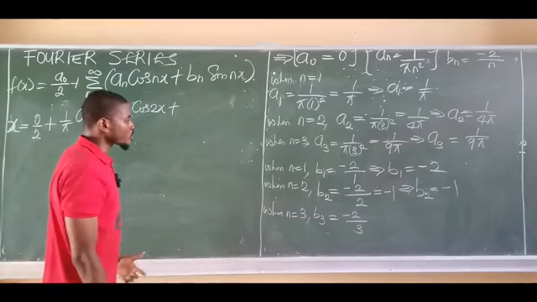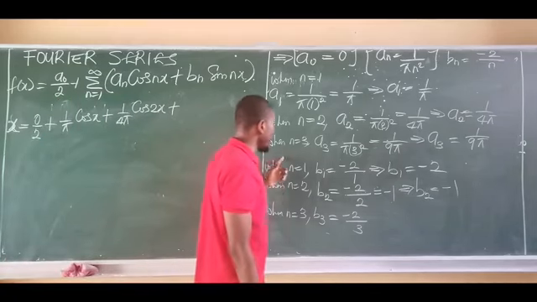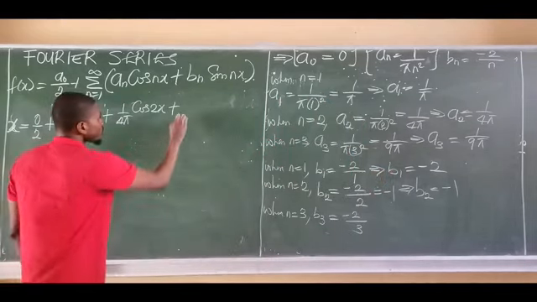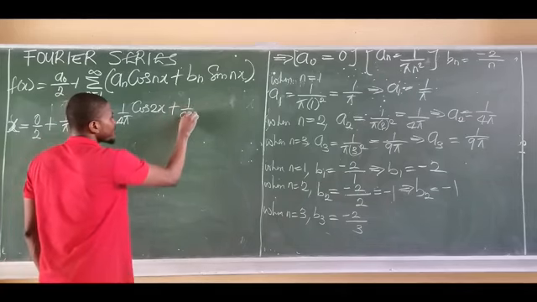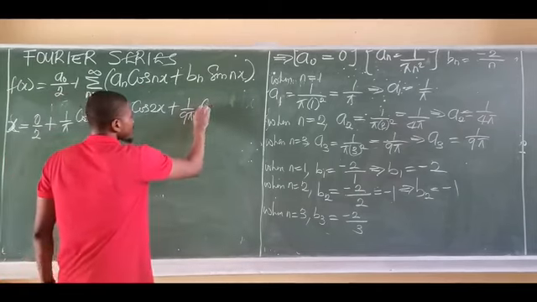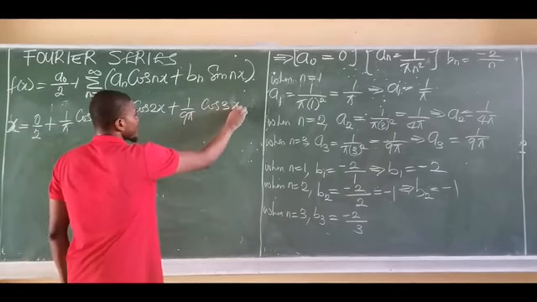Plus, we did up to 3. When n is equal to 3, we obtain a3 to be equal to 1 all over 9 pi. So this becomes 1 divided by 9 pi, cos nx, n now is 3, so this becomes cos 3x